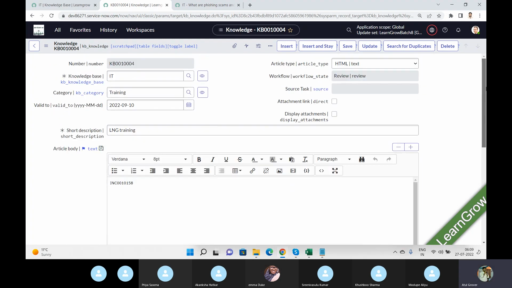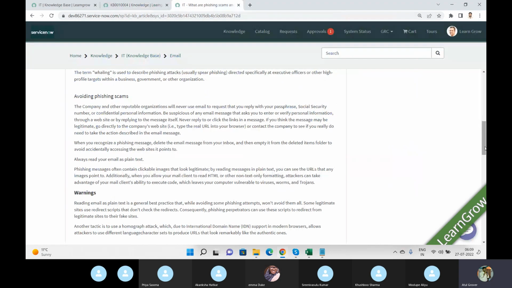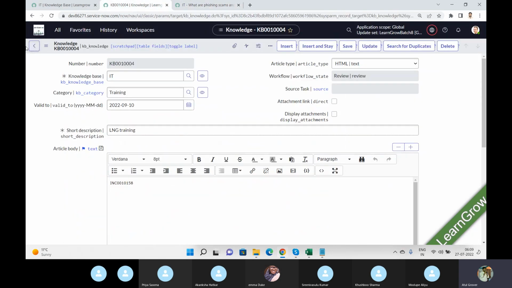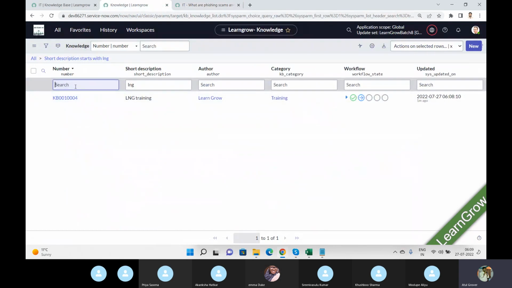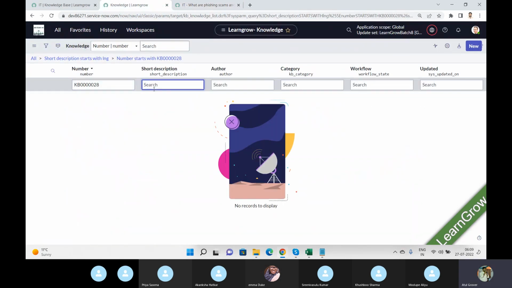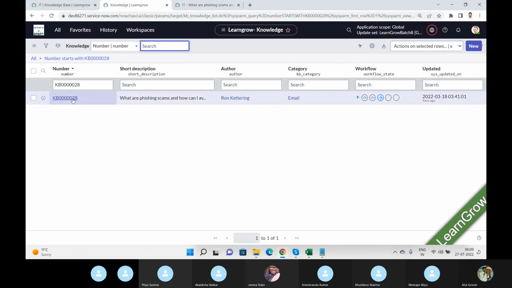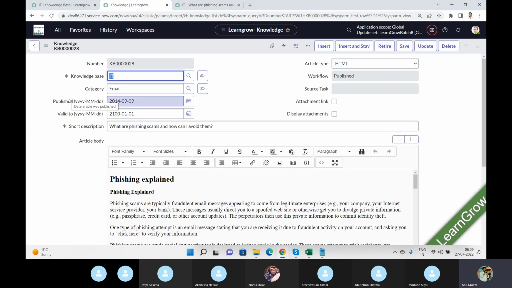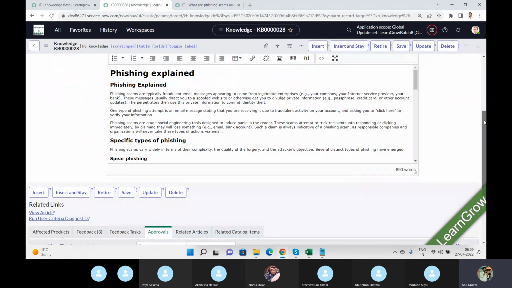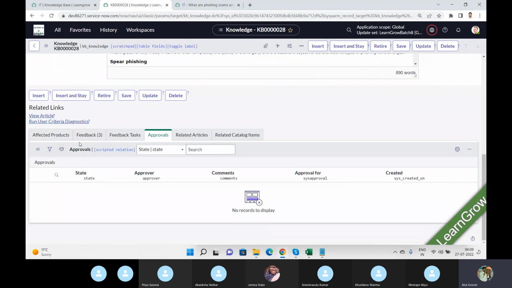Now, if you see, let me open this article, right? This one. Let me copy this article number and come here. This one, right? This is the article which is available. Atul, you give a lot of feedback. Where is that feedback? This is the feedback